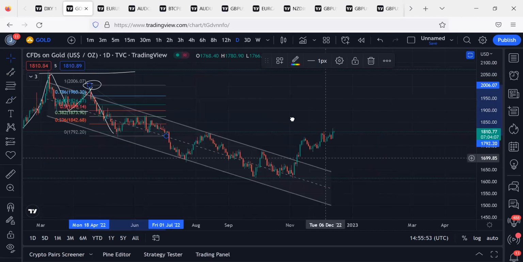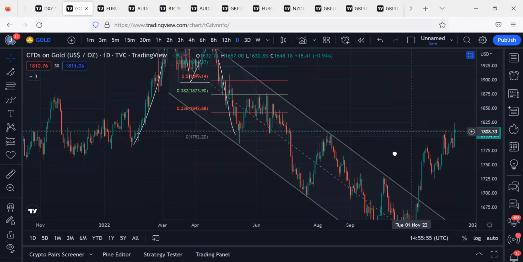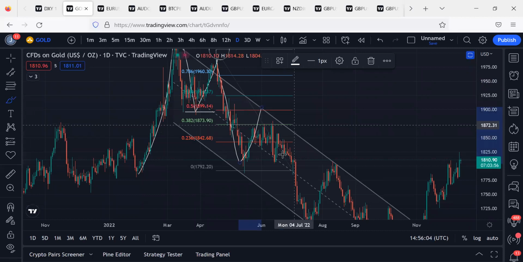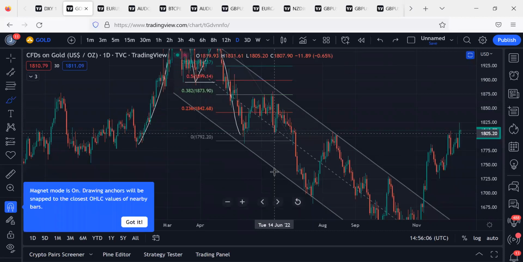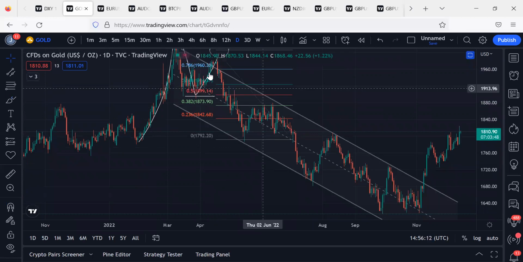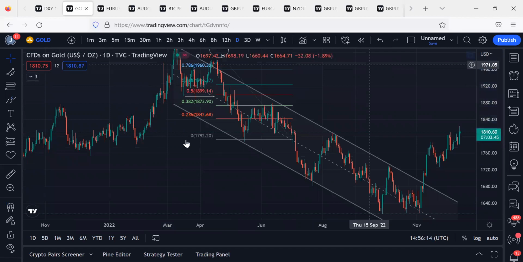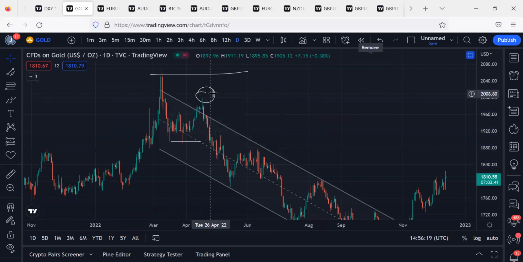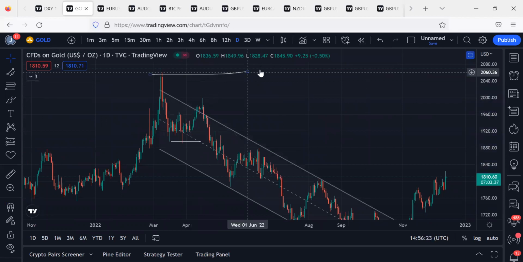Let me zoom out so that you can see very well what I'm doing here. Sometimes once I get this kind of break, definitely it does not retrace back to 0.5. It stops at 0.3. I guess these are things you should be looking out for on your trading journey to be a profitable and professional trader. So what further happened here? It's just like a training session, but I'm just trying to break it down to you so that you will know what you are doing.